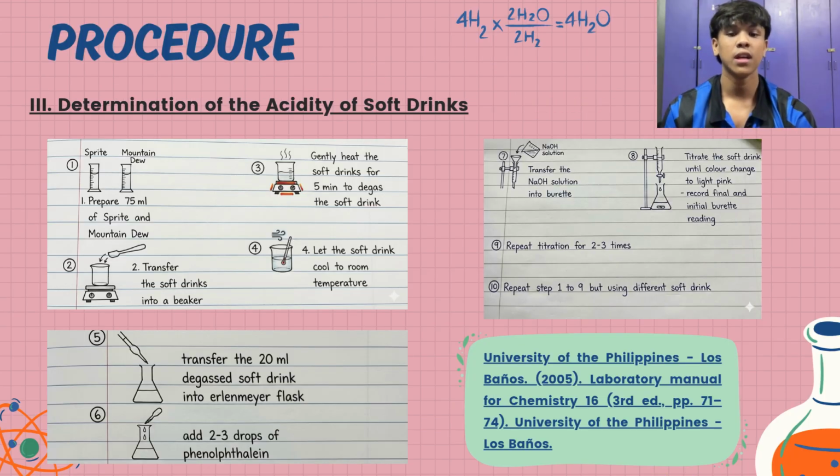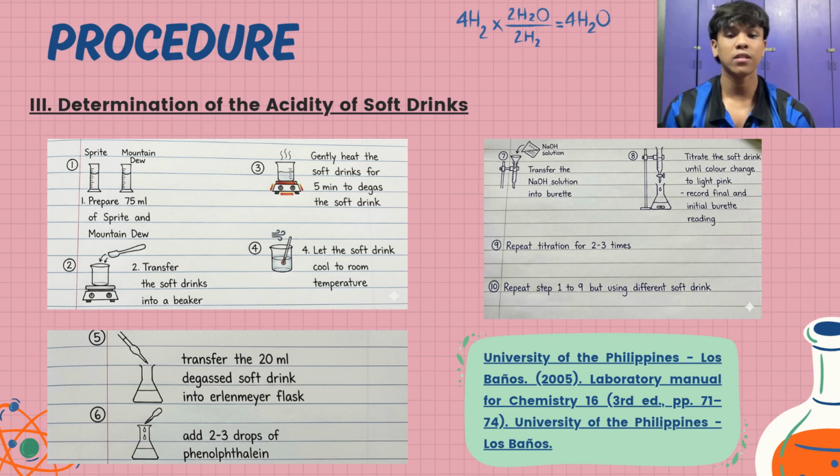In the procedure, we have determination of the acidity of soft drink. First, we need to prepare 2 types of soft drink. First is Sprite, and then Mountain Dew. For these 2 soft drinks, we need to prepare exactly 75 ml of Sprite and of Mountain Dew, and